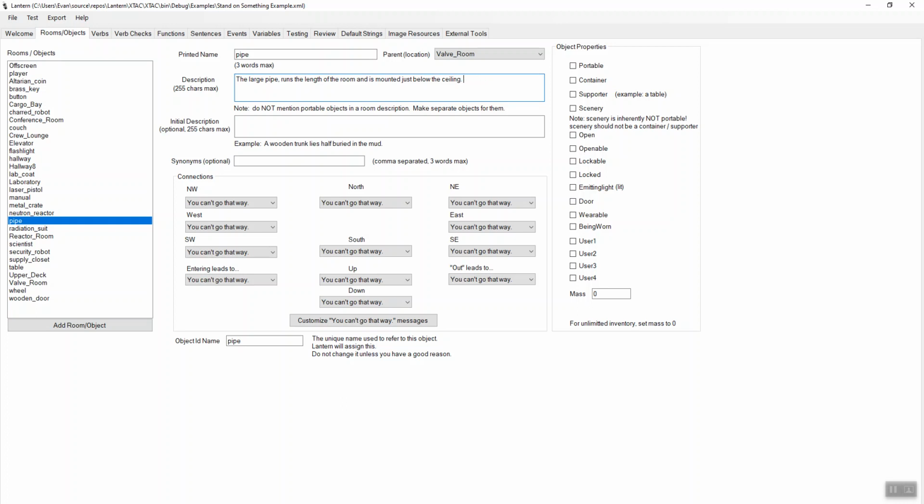Or in the middle of the pipe is a valve controlled by a hand wheel. Okay, and then I can make the wheel scenery. There we go. And let's make the pipe scenery as well. So now if I run this,